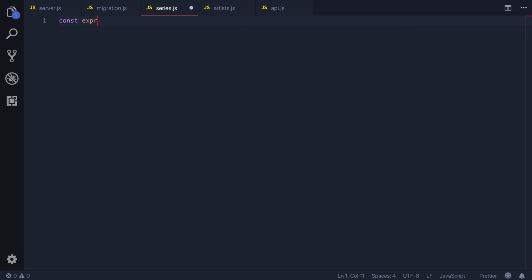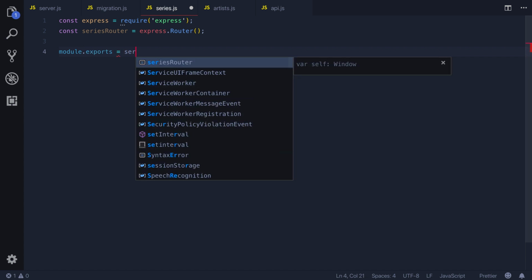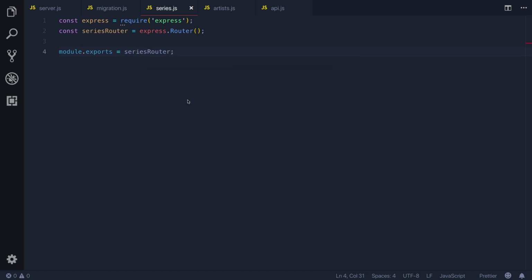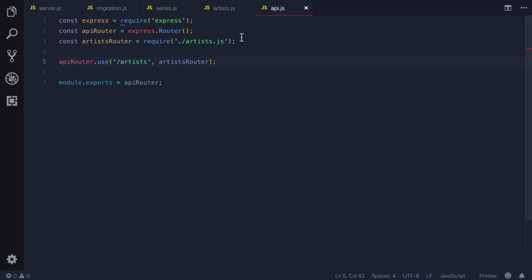We're going to create an express router. We're going to require express. Then we're going to create a router called seriesRouter, which is equal to a call to the Router class from express. We've got to export that router, module.exports equals seriesRouter. Then we have to import that in our API file,